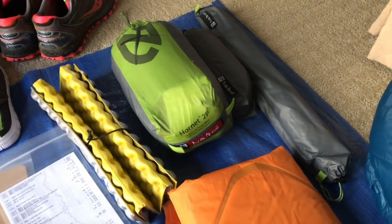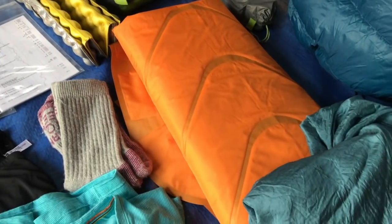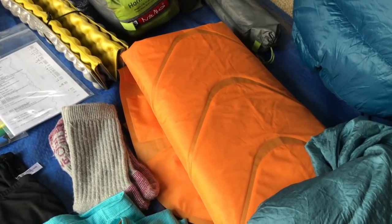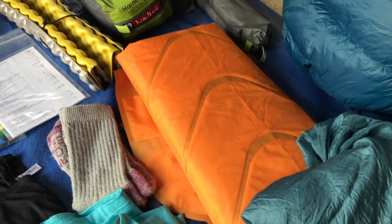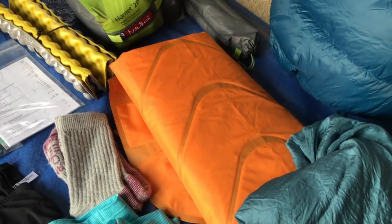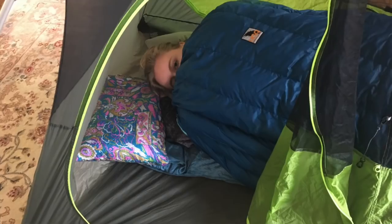My sleep system, the base of it is my Klymit, and this is the Klymit Static V Ultralight insulated pad. It's a 4.4 R-value, and it's wider than the average pad. It's 23 inches wide, so great for me as a side sleeper. I have the Sea to Summit